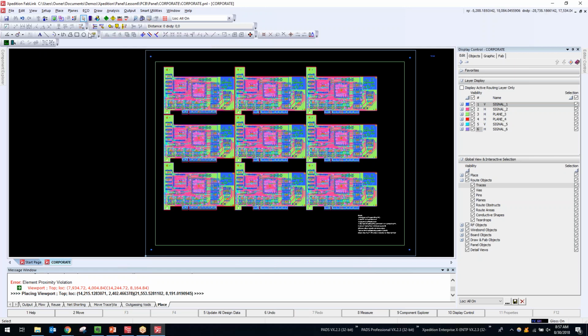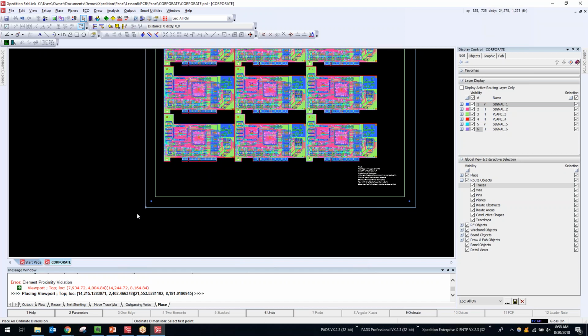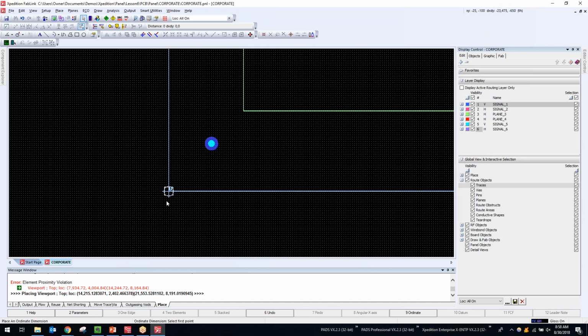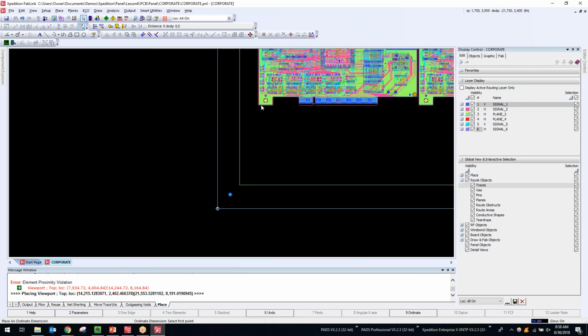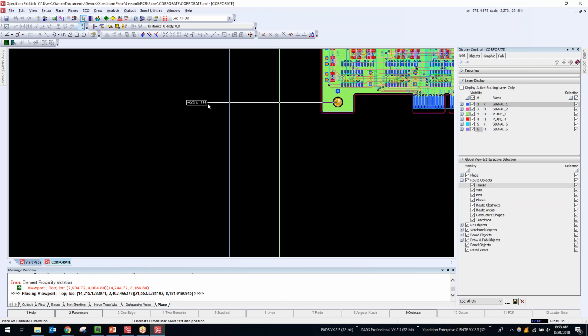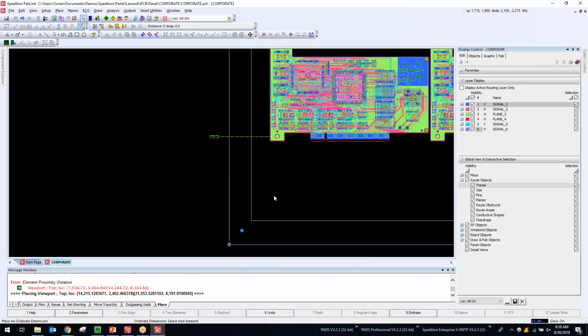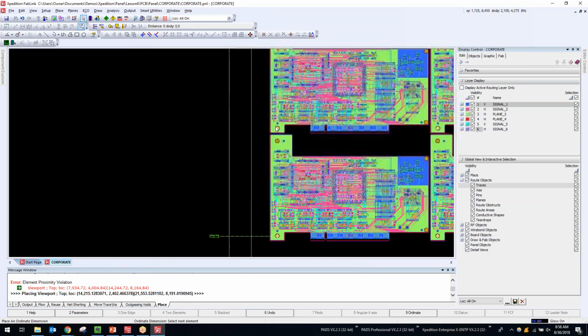Okay, so the ordinate dimension essentially tells us how far we are from the XY location of the origin. Okay, so there's my origin at the bottom left-hand side of this panel border. And as soon as I start clicking on design objects now, because I am in that ordinate dimension mode, I can just single click on that mounting hole, for example, and it'll show us that we're 42 thousandths away in the Y direction from